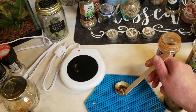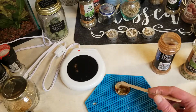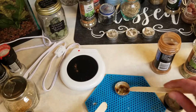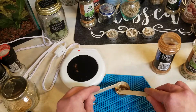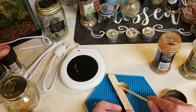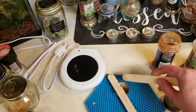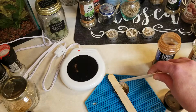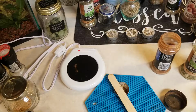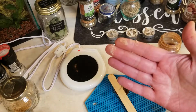Also, if I'm adding a lot, I will actually use a big popsicle stick, or I will use napkins, and I will take some of the wax out so that it gives it some more room for herbs. See, if you mess up, there's always a way to fix it, right? Or you can just reheat it even. But like my fingers,